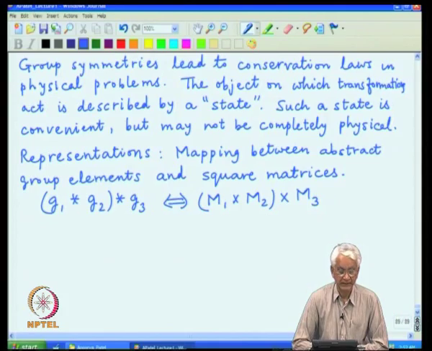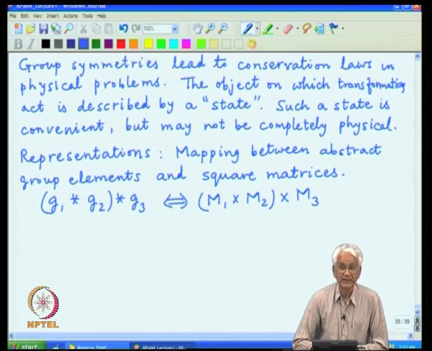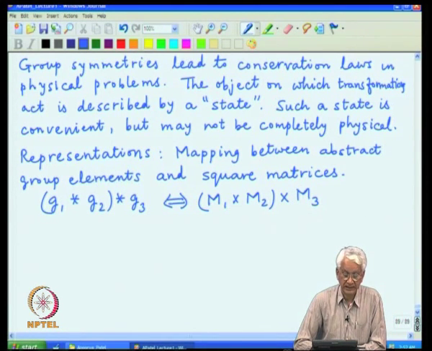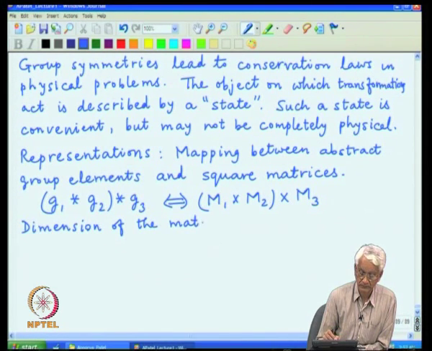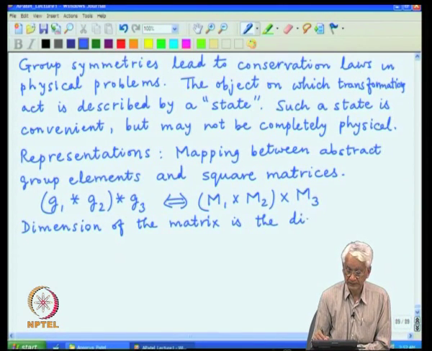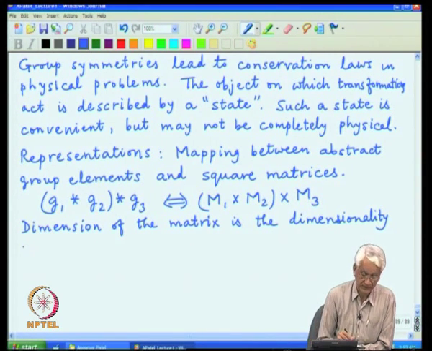And when one can find such a mapping, the corresponding set of matrices are said to form a particular representation of the group. The dimension of the matrix is also called the dimensionality of the representation,